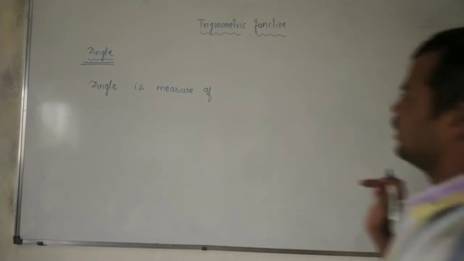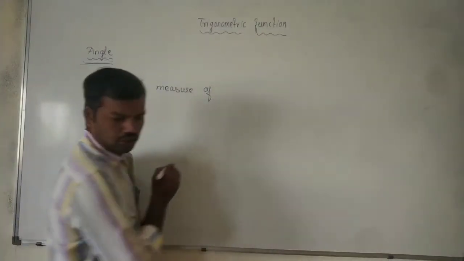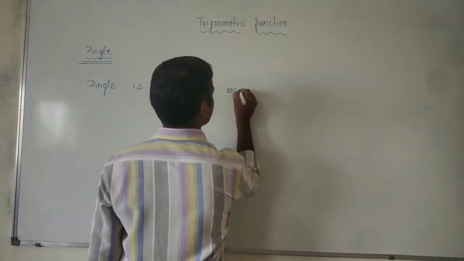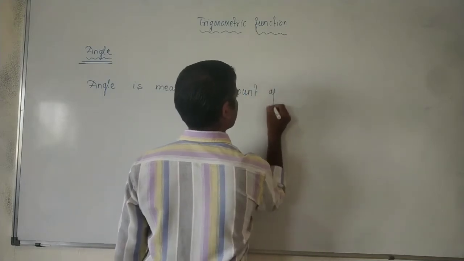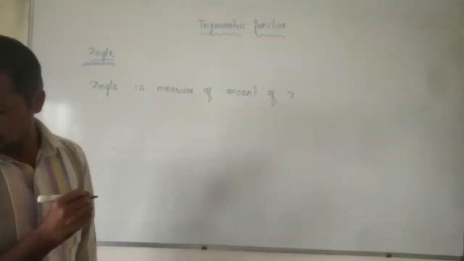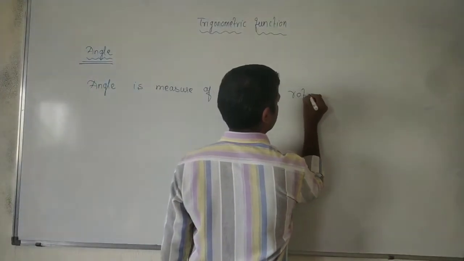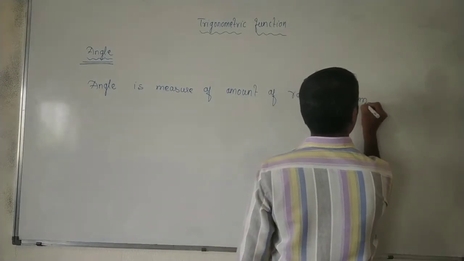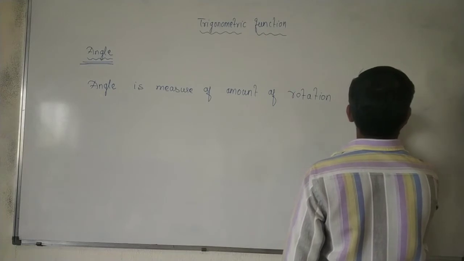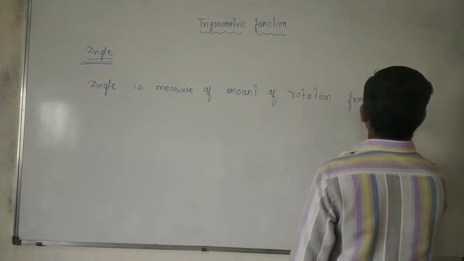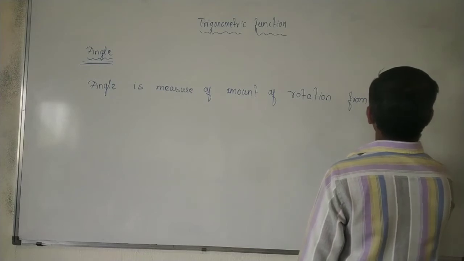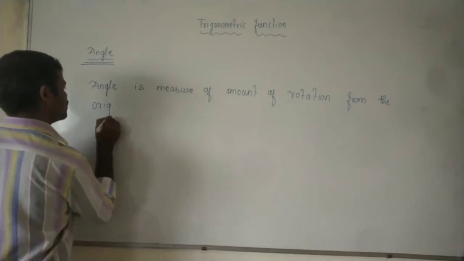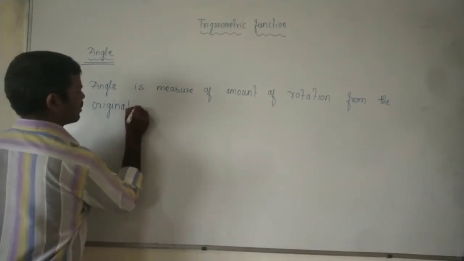Angle is a measure of the amount of rotation from an initial or given ray, from the original ray,